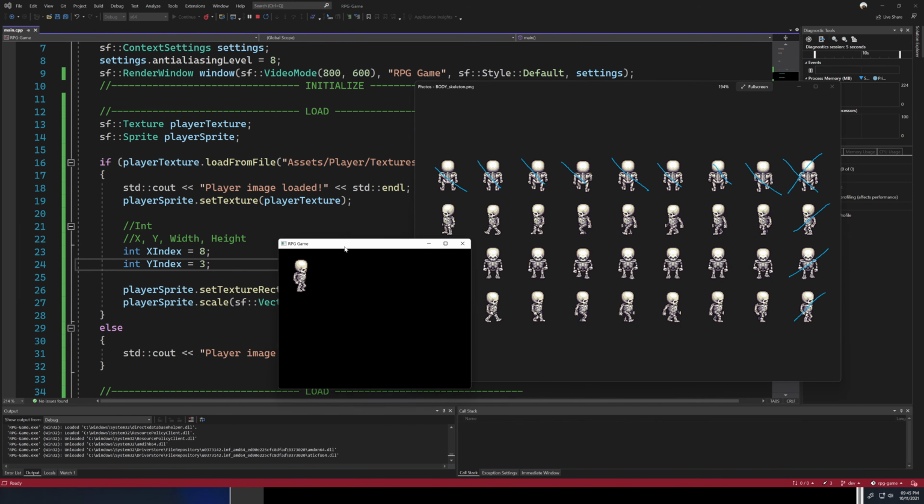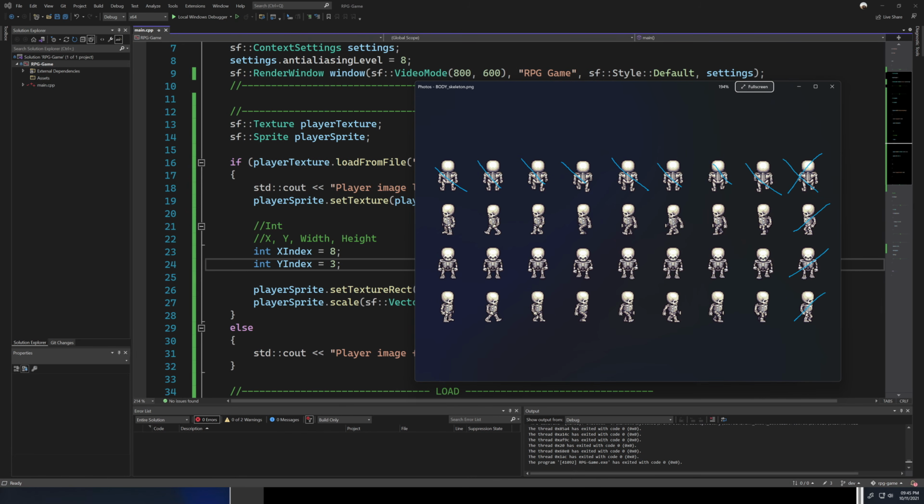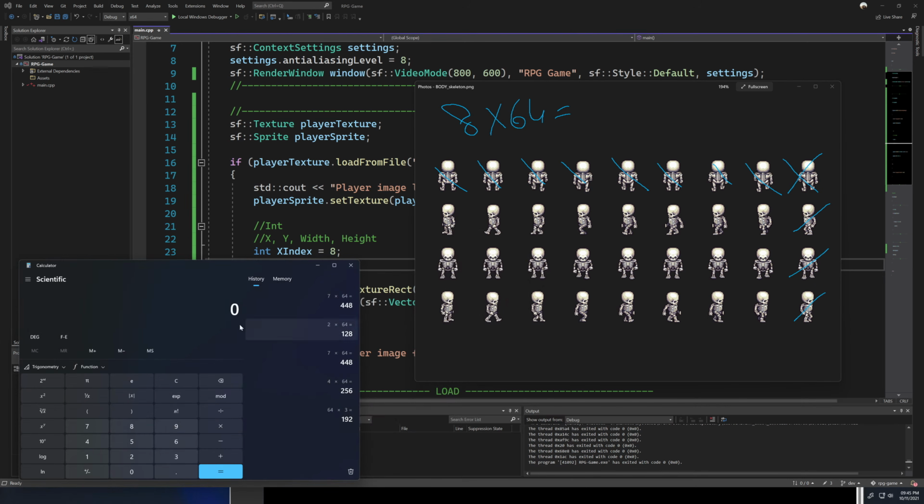How does this work mathematically? Again, think about it. You have 8. 8 multiplied by 64, right? Equal to whatever it is. How much is it? It is 8 by 64. There's 512. Let's see if this math is correct, right?